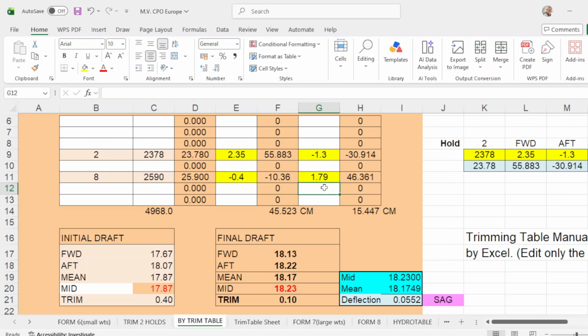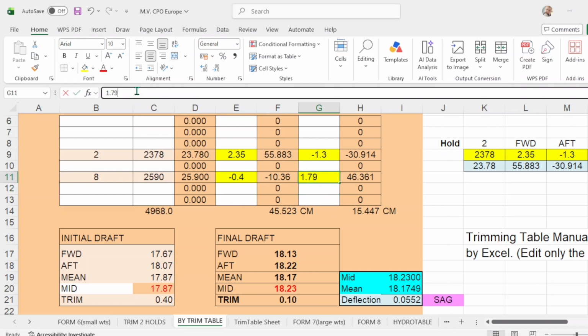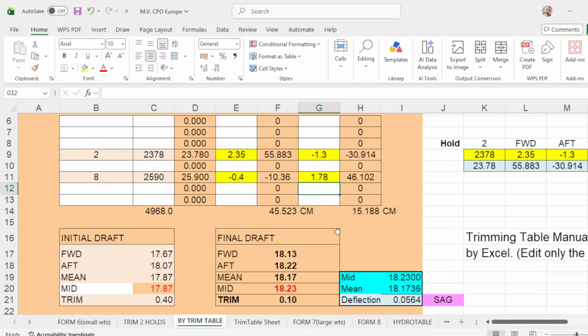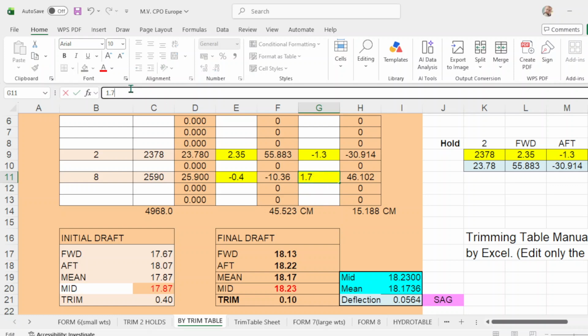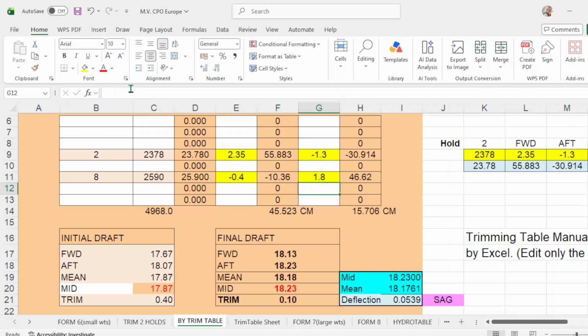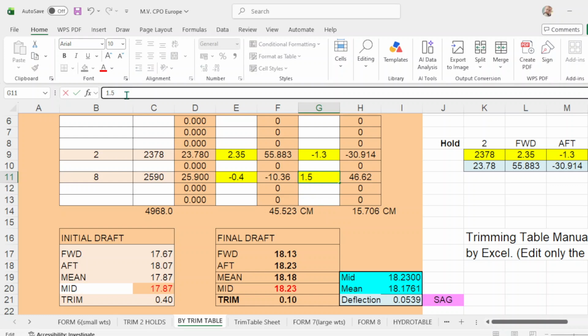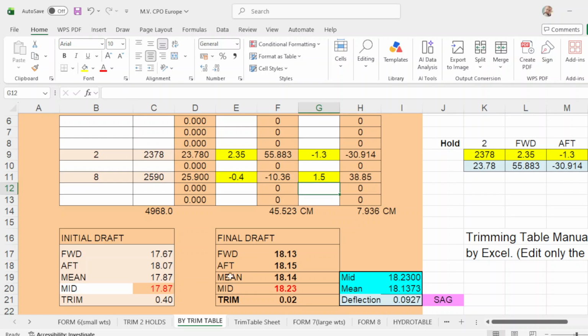22, no change. 1.8. 7.22. 7.8. 8. 1.8. 23. 8.5. Oh, no good.